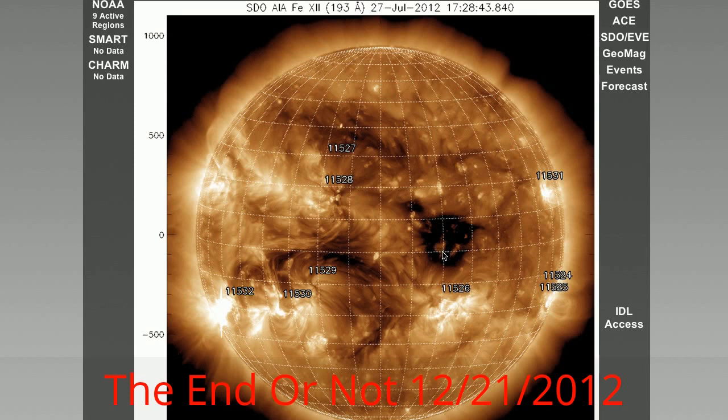And based on the size of this hole, if this was an independent hole, if this wasn't just a recurring hole, I would say that this would be like a 7, possibly 7.2 quake. It could be larger, it could be smaller, but based on the ones I've seen before, the coronal hole for the Japan quake was by far the largest coronal hole we've seen in a very long time. But this coronal hole isn't nearly as large. And so I would say possibly in the 7s. Again, it's a probability as far as I know right now with the method.